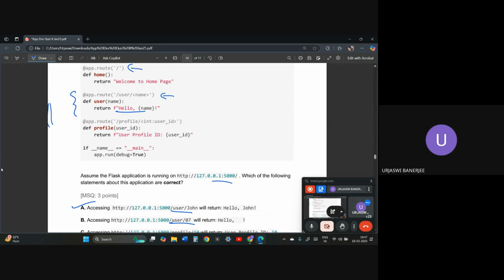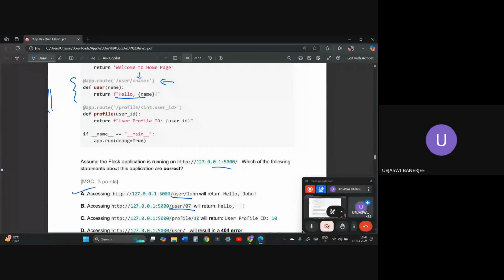Even though nothing has been mentioned other than string or int, by default Flask takes string. Even if it's a string, we can pass parameters like 07 inside it, so this won't be blank. So this becomes wrong.